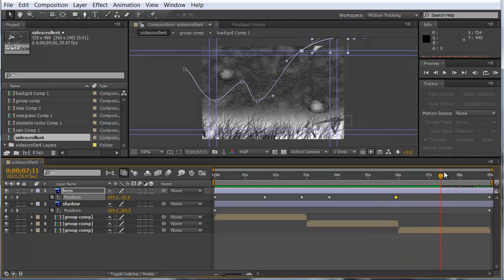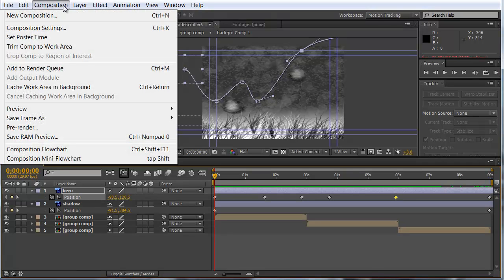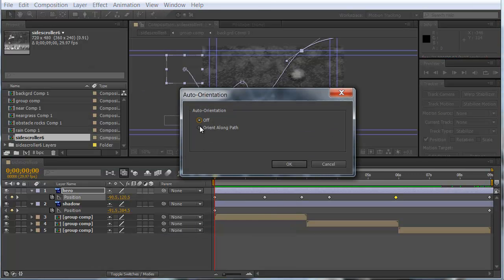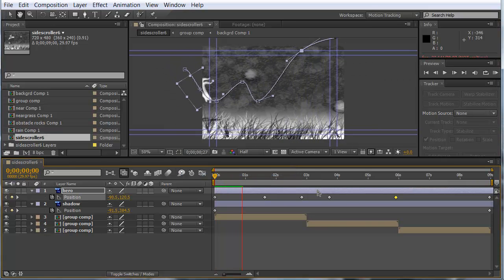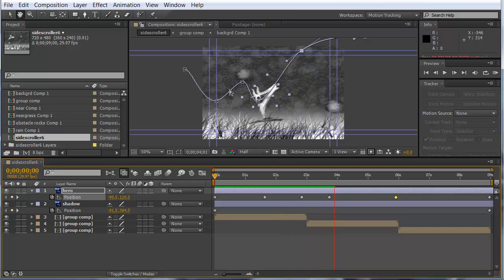My first thought would be to use the auto orient, which would be under Layer, Transform, Auto Orient, and tell it to orient along the path. So now you see it diving down and going up. And this is a little bit too extreme because